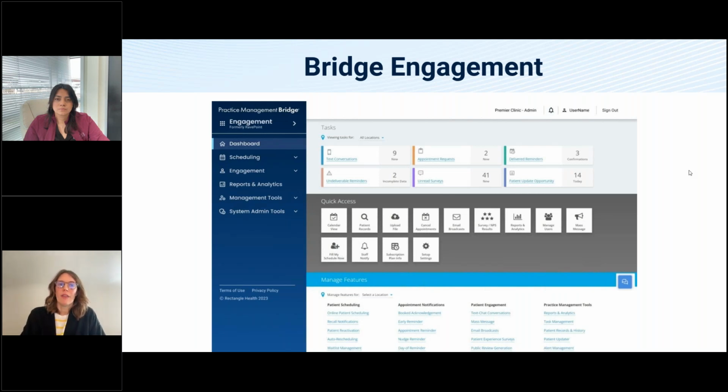So this feature surveys your patients following their appointments. You can customize all the settings so that it automatically sends when you want it to, but it gets their feedback while the experience is still fresh. And then we instantly compile all of those responses, turning that raw survey data into printable summary reports with graphs and charts